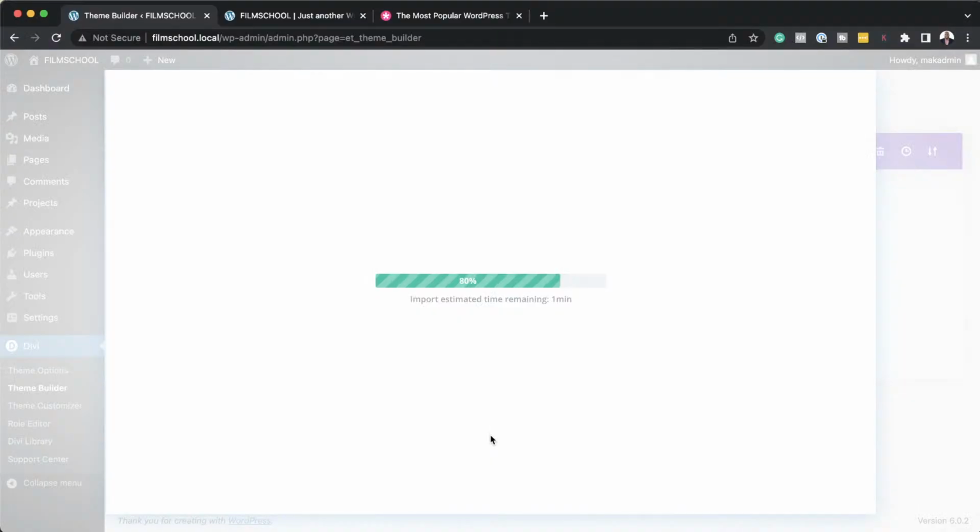Right, looks like my internet is quite slow. I'm not getting this to download as quick as I wanted to. So you can see here it's at 80%, but it is working. All right, so in a moment, we're going to be able to go in and start customizing our footer for